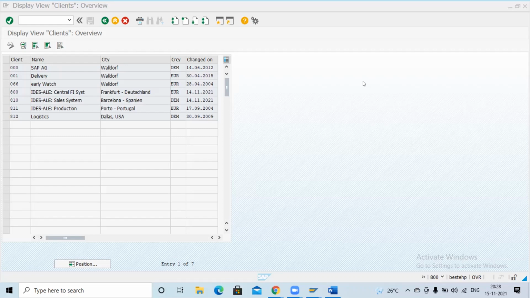Can anyone share your screen? Anusha, have you logged in with laptop or mobile? Mobile, Vishnu. Anyone who is logged in with laptop? Yeah, I log